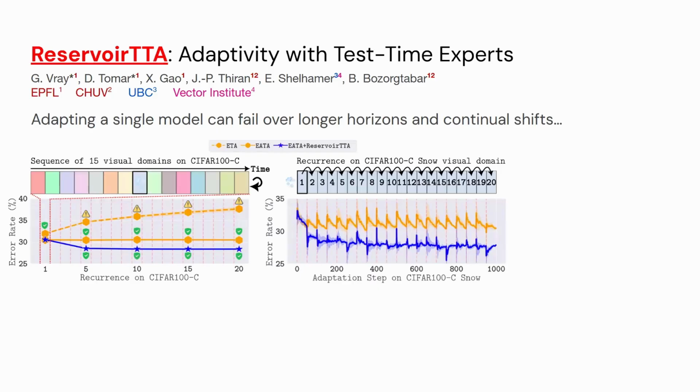We could do something like regularize our updates, seen in this solid orange line, where the error isn't going up, but it's also not really going down much, because now we're saying adapt, but don't adapt too much. What we'd like is something like this blue line, where we can actually keep adapting, we get better the first time we see a shift, and then we stay okay if we see the shift again. So this is that cyclic case, like winter, spring, summer, and fall keep coming around. A further thing we might want is, if we keep seeing a shift, like winter coming every year, well, if we can readapt fast enough, maybe it's okay. But what about that first day of winter? We don't want all the cars to crash,